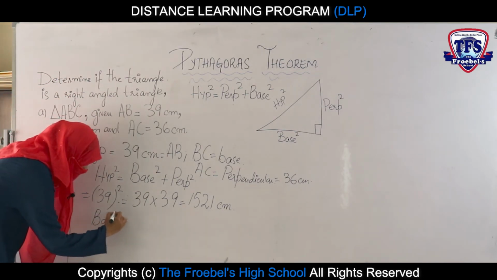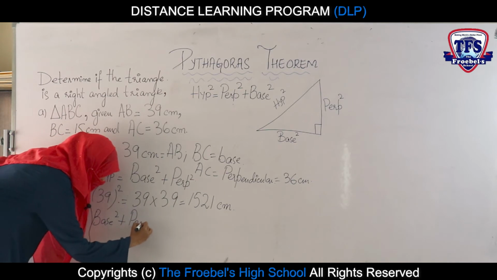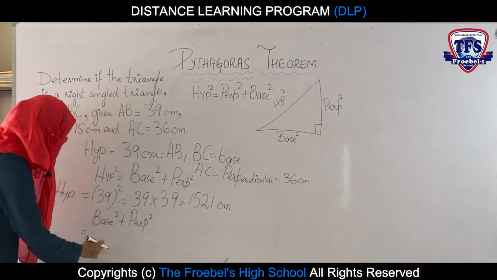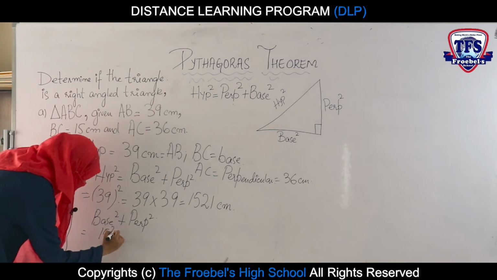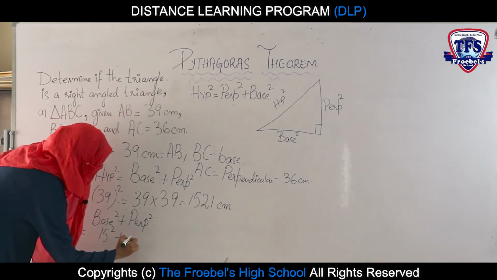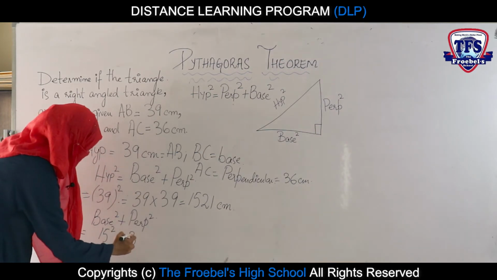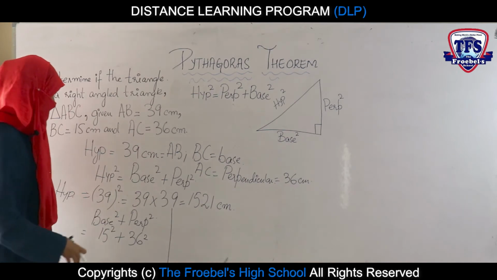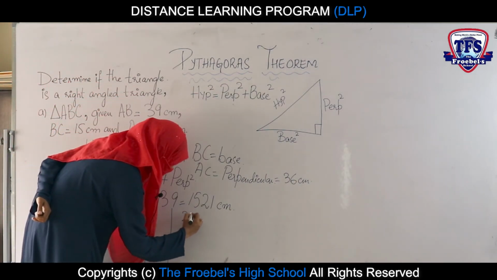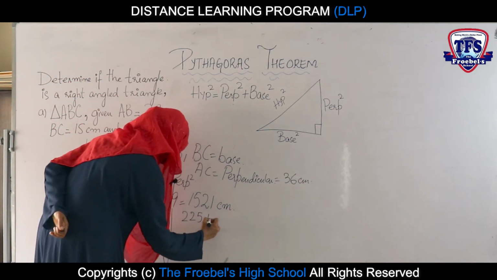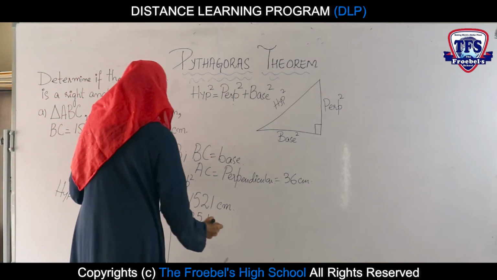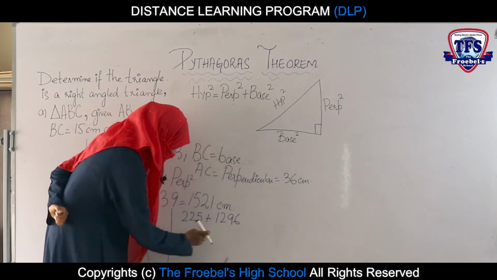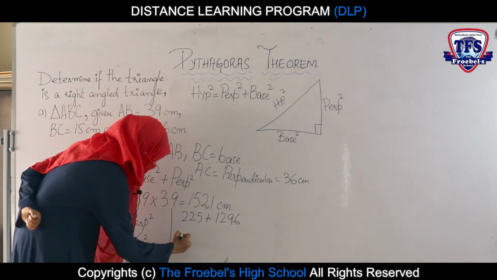So base square plus perpendicular square, putting the values, is 15 square plus 36 square. 15 square is 225 and the square of 36 is 1296. If I add these two numbers together, I'll get the answer